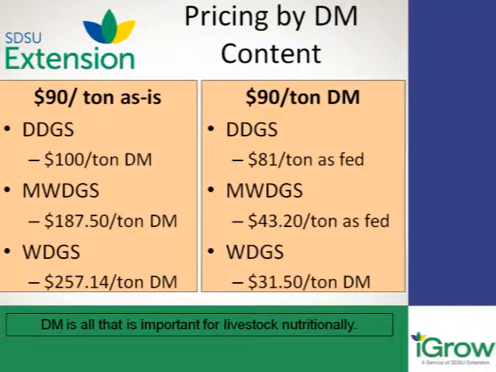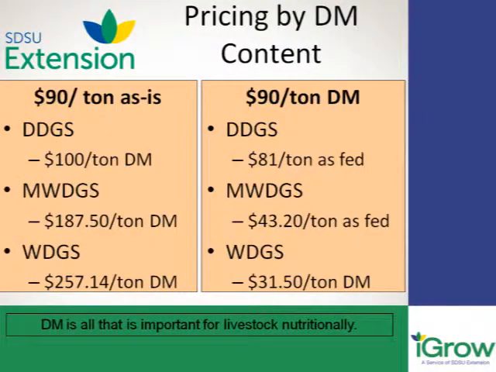Now, from a practical standpoint of how many trips you're making to the feed bunk with the feed wagon and how product is mixing together, sure, water is important, but in terms of pricing product and getting your money's worth, you want to know whether you're buying something on an as-is basis or on a dry matter basis. Looking at it on the other side there, $90 per ton dry matter price converts to about $81 per ton